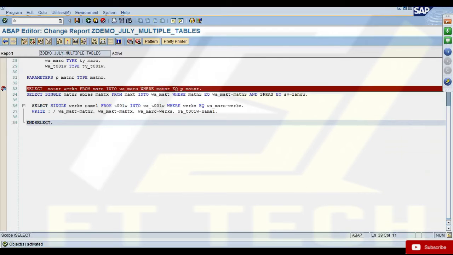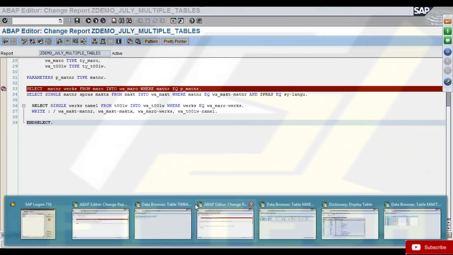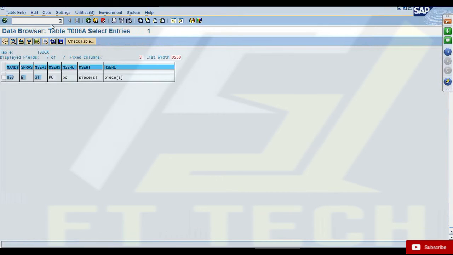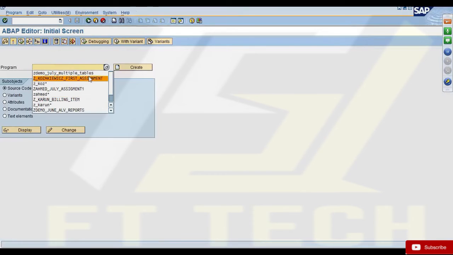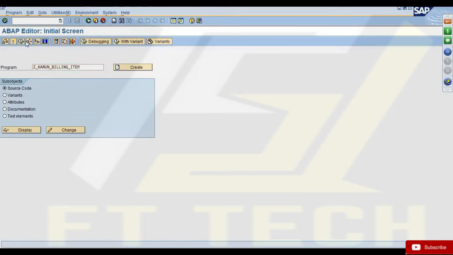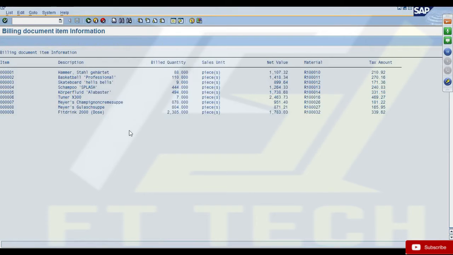To enhance this VBRP assignment, right now you are printing me the item details of the document.